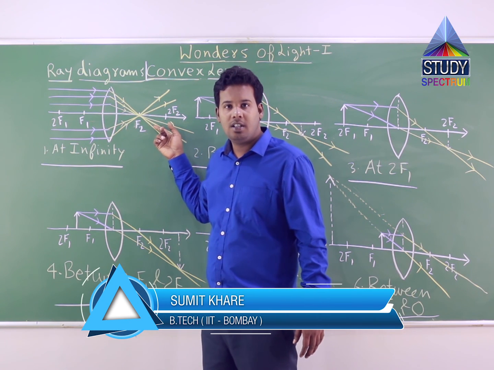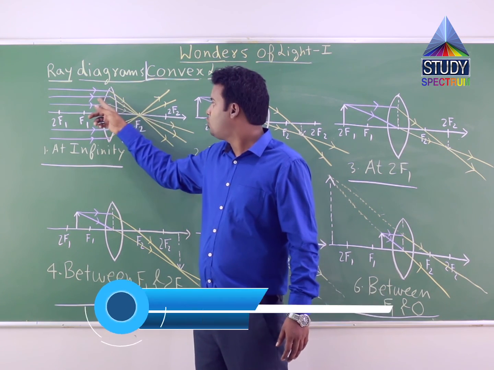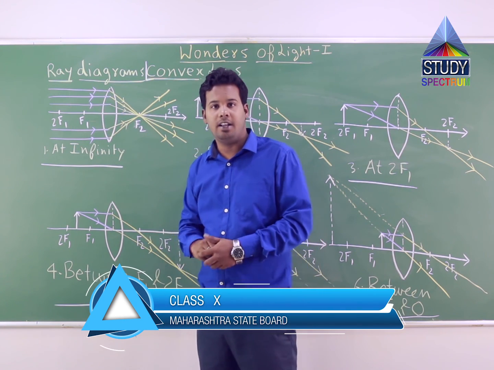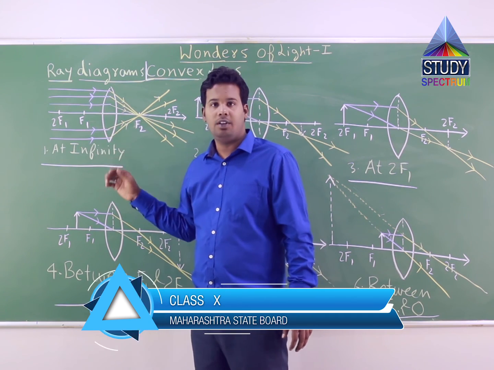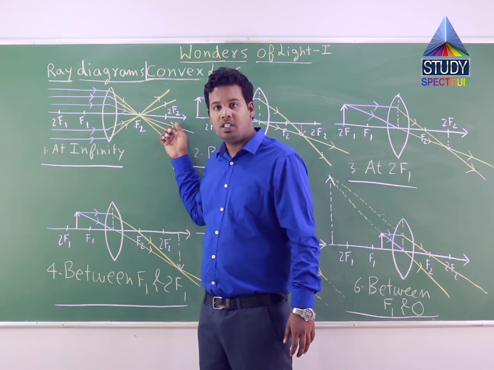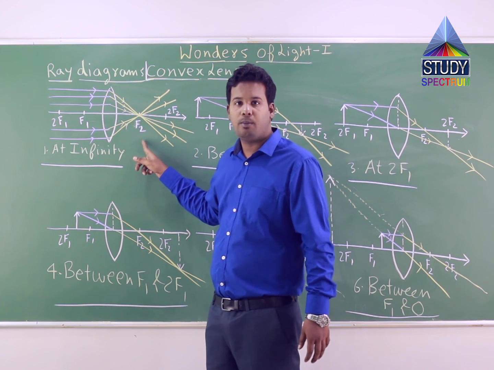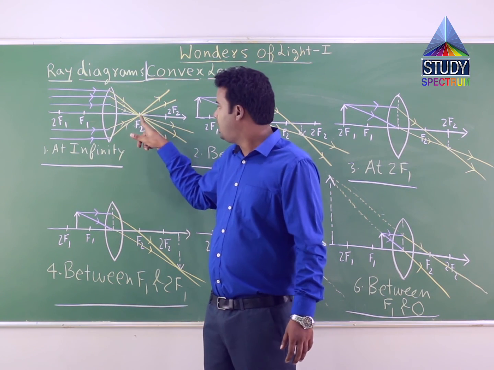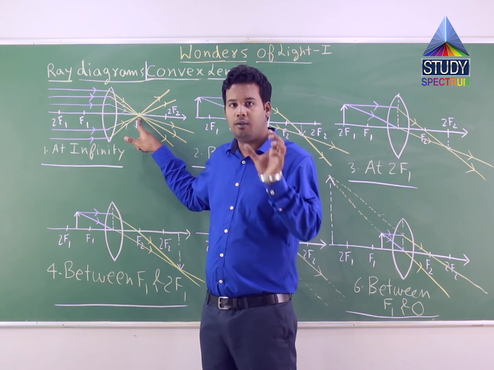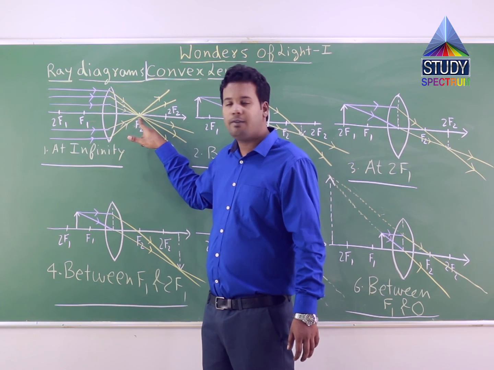So these lines after refraction, see, these incident rays are parallel to this principal axis. Correct? Now rule number 1 says, if the incident ray is parallel to the principal axis, then it should pass through focus point F2. That is why when the object is placed at infinity, these blue rays, which are incident rays coming towards this convex lens and parallel to the principal axis, are all going to pass through this focus point F2. So it means the image is being formed at F2. That was the first result which we have seen for the very first case. Correct? When the object is placed at infinity, the image is being formed at F2.